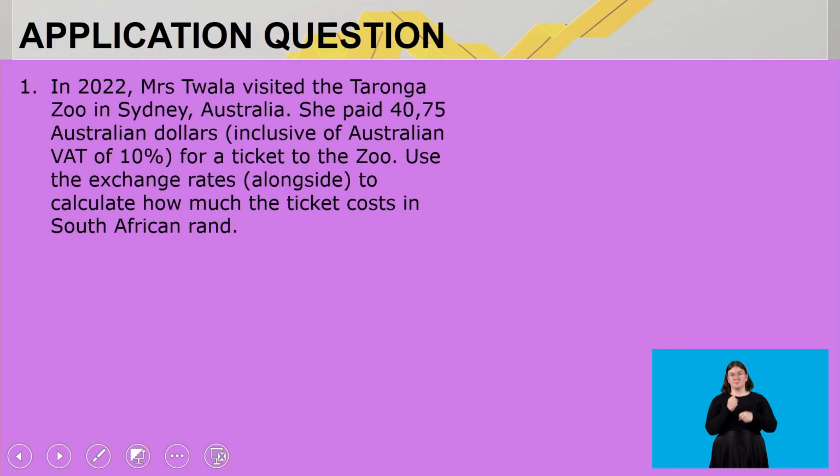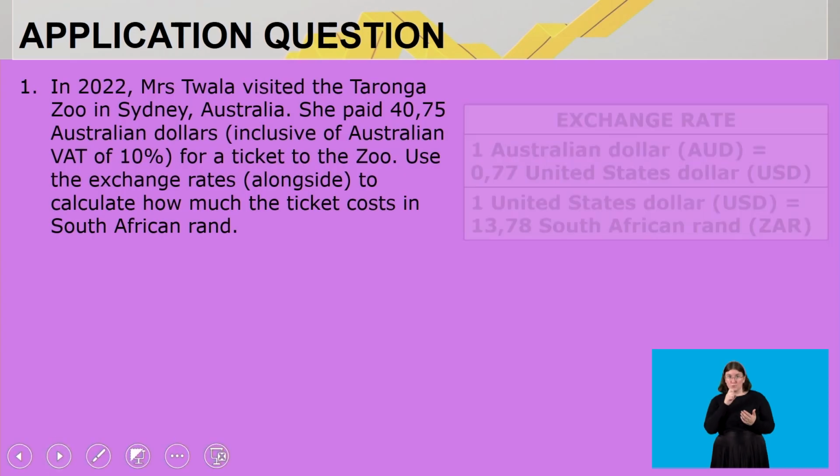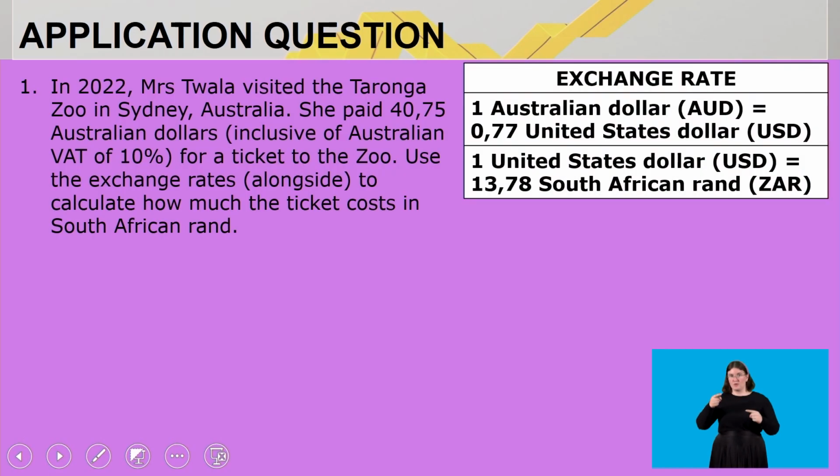Let us now look at exchange rate. Right, so the first question here I said, in 2022, Mrs. Twala visited Taronga Zoo in Sydney, Australia. She paid 40.75 Australian dollars, that is inclusive of Australian VAT of 10%, for a ticket to the zoo. Use the exchange rate alongside, right, there's our exchange rate, to calculate how much the ticket costs in South African